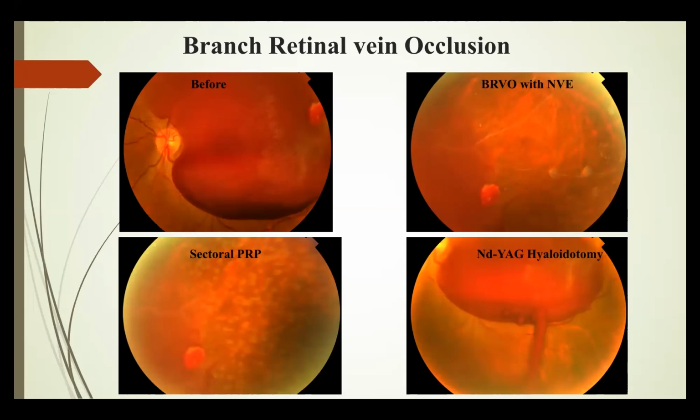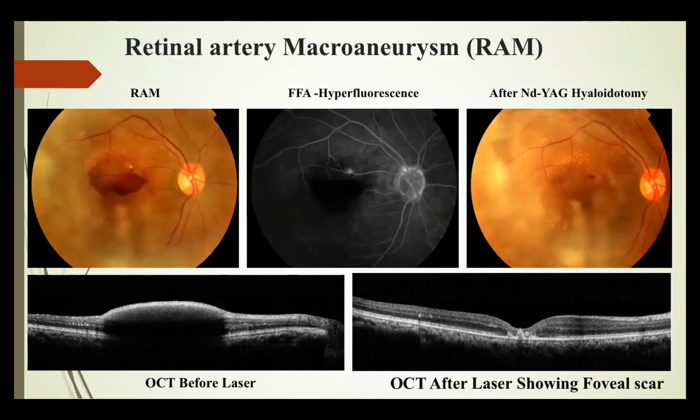subhyaloid hemorrhage. And the last is the retinal artery macroaneurysm, where in the fundus fluorescein angiography, we can see a hyperfluorescence in the macular branch of the retinal artery. Since the lower edge of the heme was very close to the fovea, we did the YAG hyalotomy at the temporal edge, and we asked the patient to lie down temporally. Though the subhyaloid heme cleared, since there was a scar at the fovea, the vision was 6/60 at the